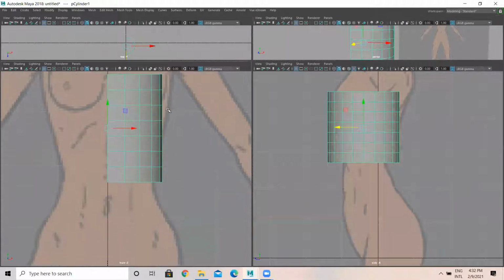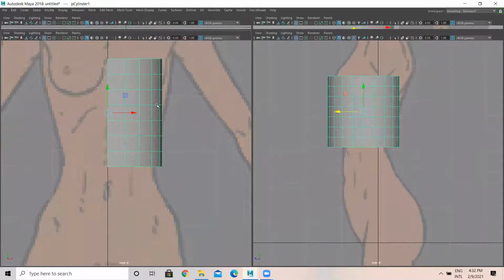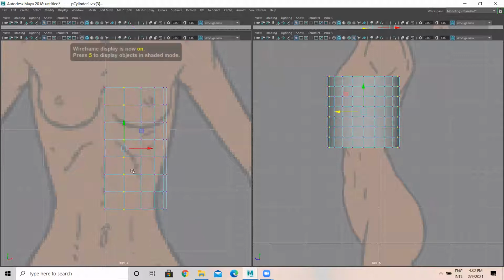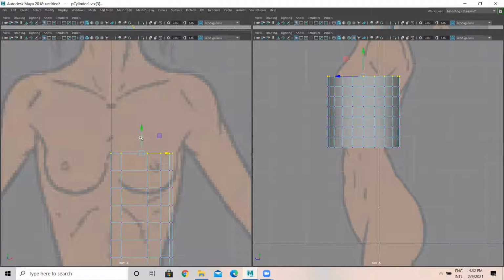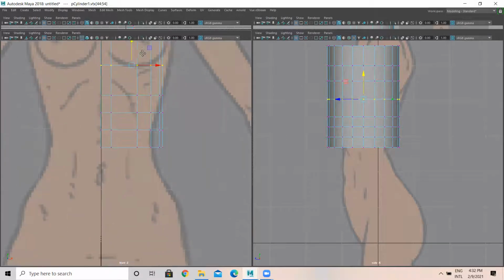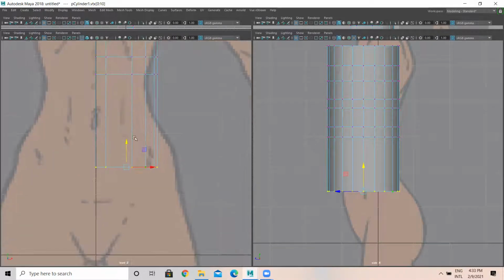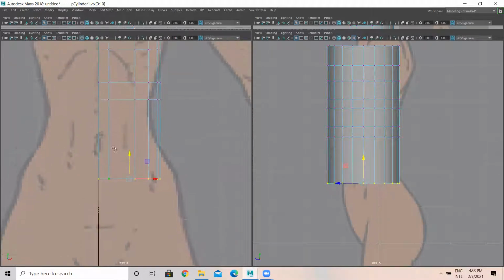So now select vertex. I'll press 4 for wireframe mode. Place it like this. Now select this one, place it here, this in the center, this somewhere here, this you can place it here, then this one here, this one here to this particular part.